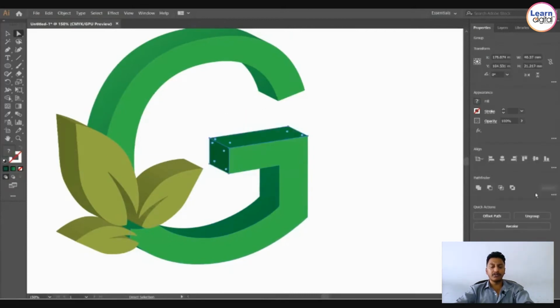Now in the corners, if you want to make it smoother, you can see the bottom part is smooth, and you can see the empty place also. To fill that empty place, you need to use the pen tool. You need to draw some shapes and fill that area. If it is really necessary, do it. Otherwise, no need.